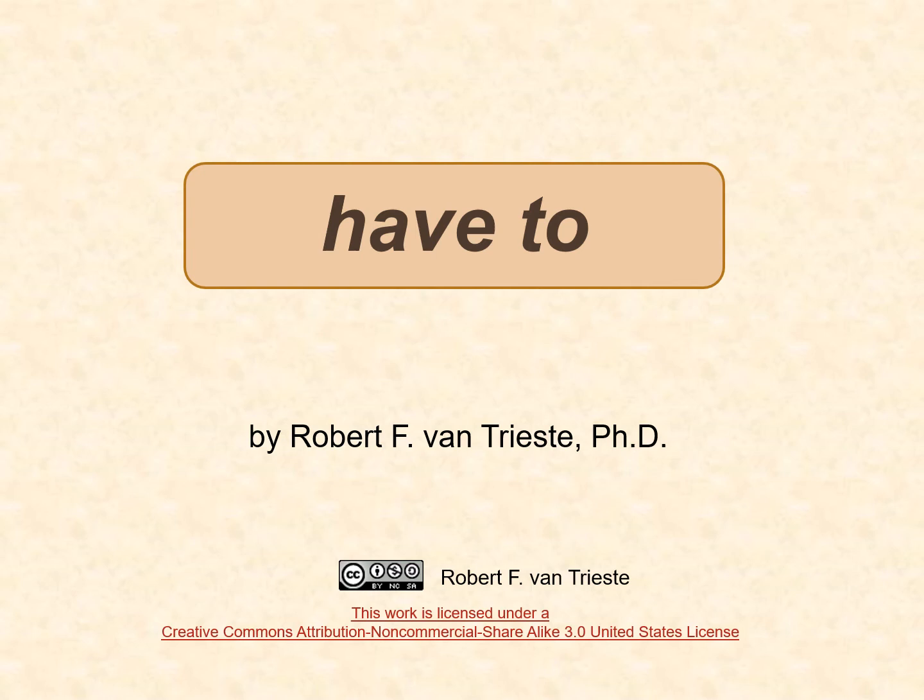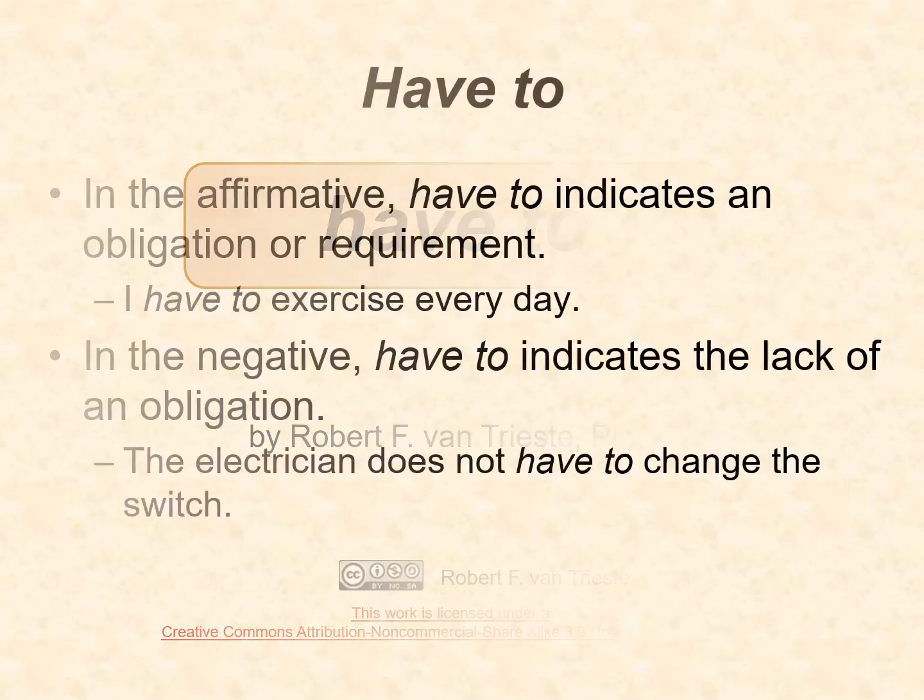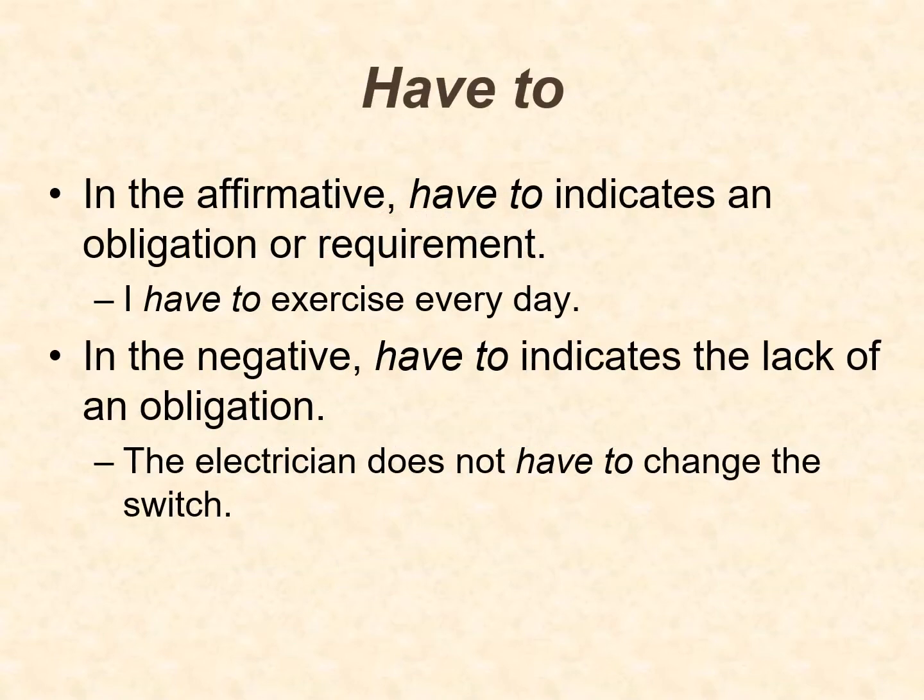The use of have to in the present. We use the two words have to together to express certain ideas. In the affirmative, have to indicates an obligation or a requirement. For example, I have to exercise every day indicates that this is an obligation, that the person is required to